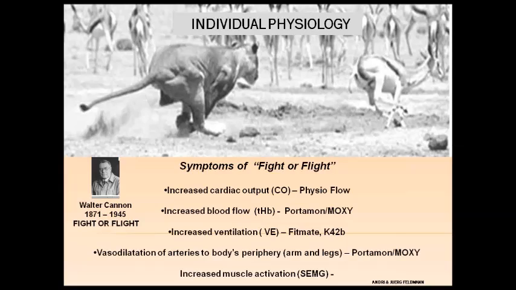And what I put in behind is to show you how we try to find whether we can prove these reactions live as we do a test. One of the pieces of equipment where we look at the cardiac hemodynamics or the cardiac output is Physioflow, and we may go into that later. Increased blood flow we can see over NIRS, Portamon we used, and now we use Moxy. Increased ventilation you can measure with any kind of VO2 equipment. We mainly used FitMate and K4b2 because they were readily available for us, and the K4b2 was portable equipment. We use information for vasodilatation, back again with near infrared, and for increased muscle activity we use different surface EMG